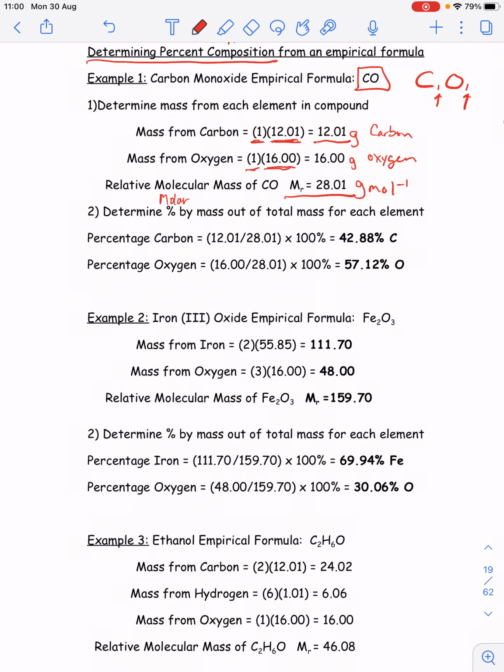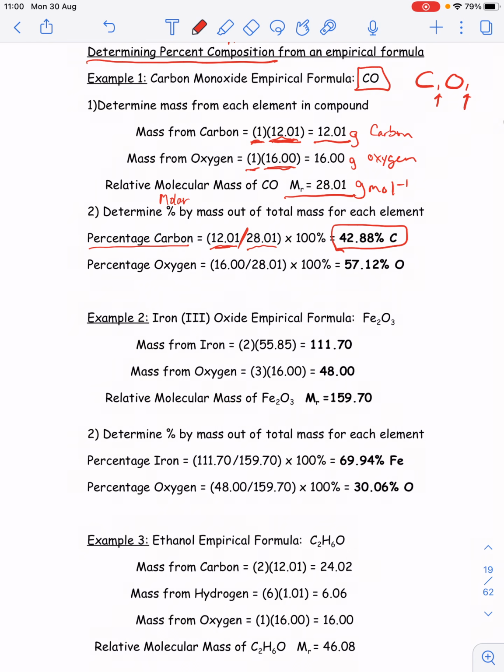So if I want to determine the actual percent by mass for each element, any percentage is the part divided by the whole. So to determine the percent that is carbon, I take the mass, 12.01 of carbon. Now it's 12.01 because there's only one carbon in this example. So the mass from the periodic table is 12.01, and there's one of it, so that's why it's 12.01 on top. And I divide that by the mass of the whole empirical formula, which was 28.01, times 100% to turn it into a percent, and this compound is